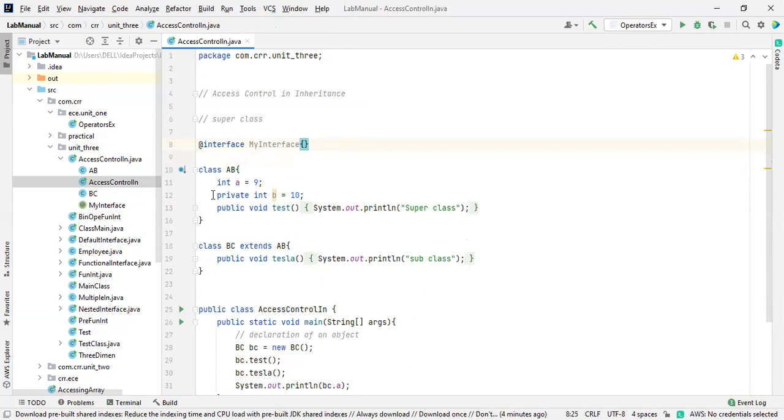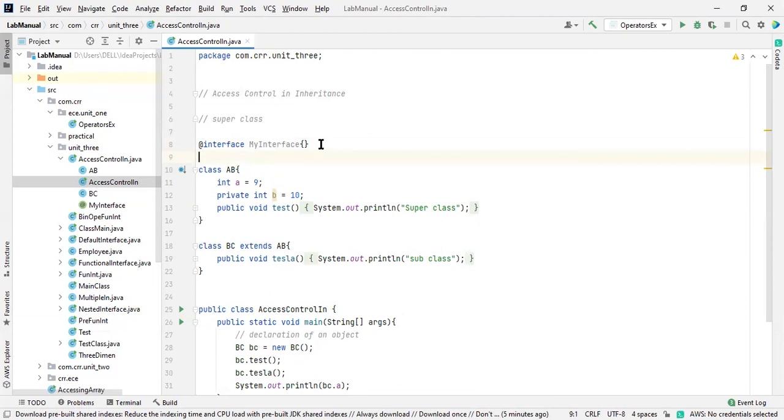So if there is a class, what will you do? There are methods inside a class. In a similar way, the annotation starts with @ and it is an interface. The name of the interface is MyInterface, and inside the body it has nothing, no methods. Okay. So the name of an interface, please remember this: annotation starts with @. Annotations are nothing but interfaces only. It does not have any methods inside. This is how you declare one with no methods.